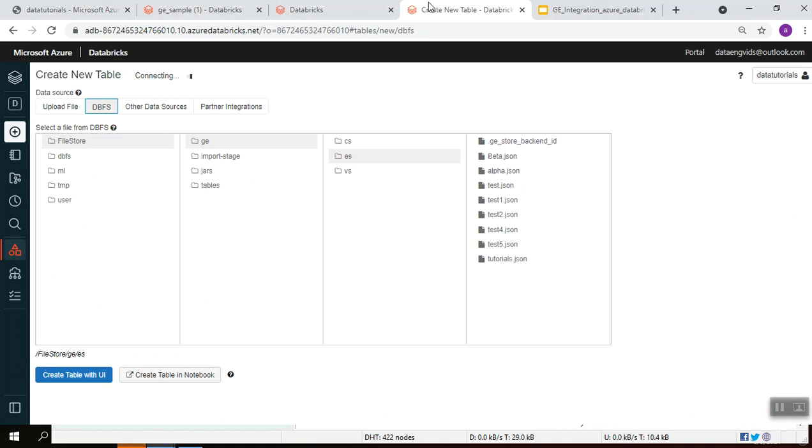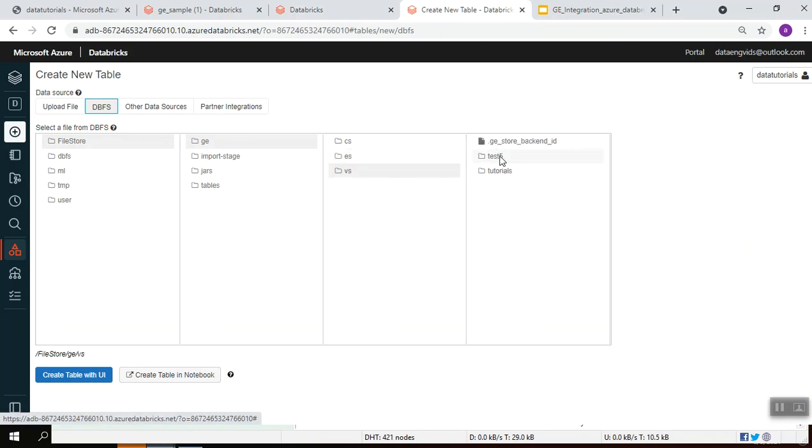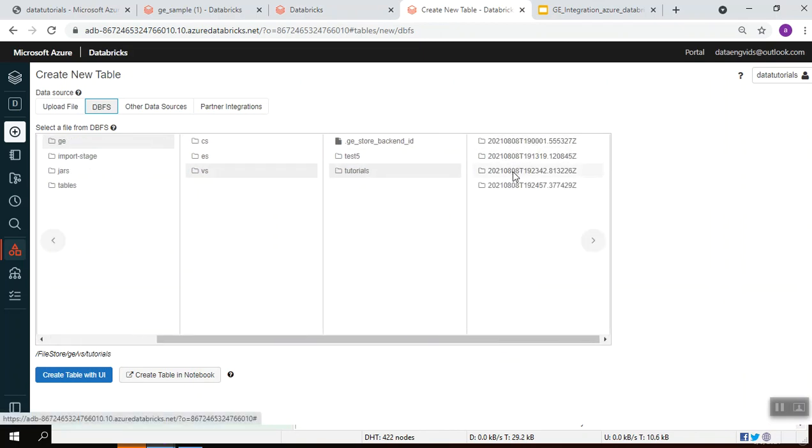We'll get the data from the validation store. The test suite will be created based on the execution time.